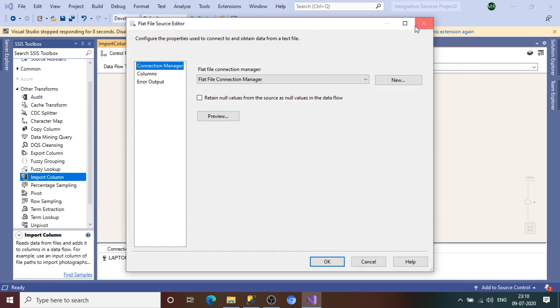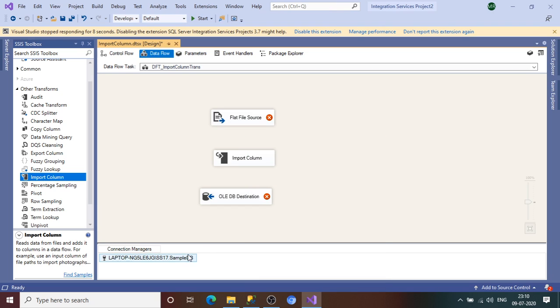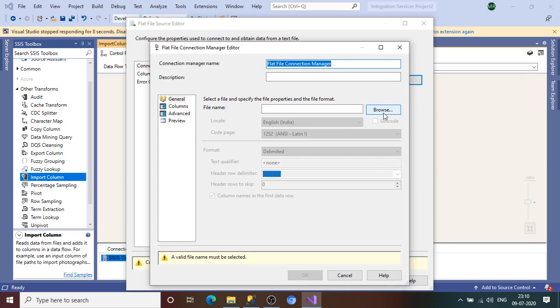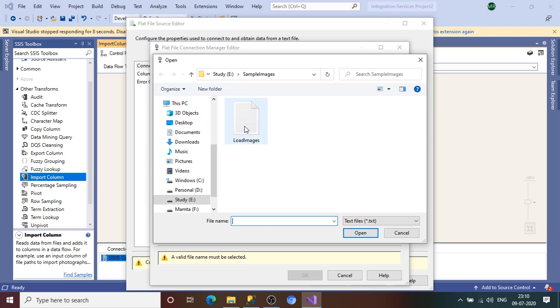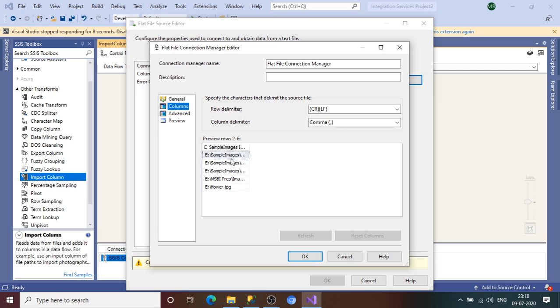Now let's configure. Let me delete the connection managers first, all the connection managers which are already available. So let me double click on the flat file, click on the new button, and browse the txt file. This is load images, so browse this file. We have this column. If you see here, this image jpg is coming in the header part. Why?